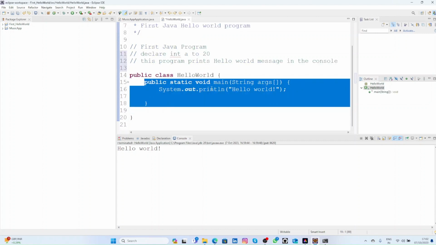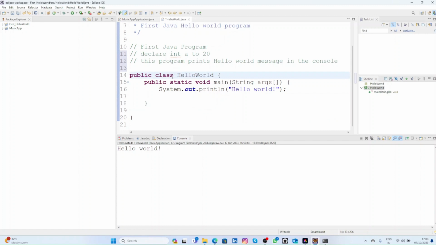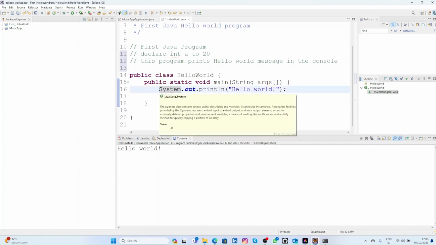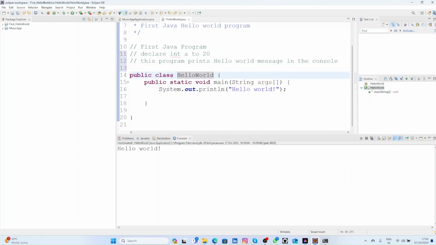For now, just remember that every Java application has a class definition, and the name of the class should match the file name. That means this class name should match this file name inside the helloworld package. This is HelloWorld.java. Whenever we create one more